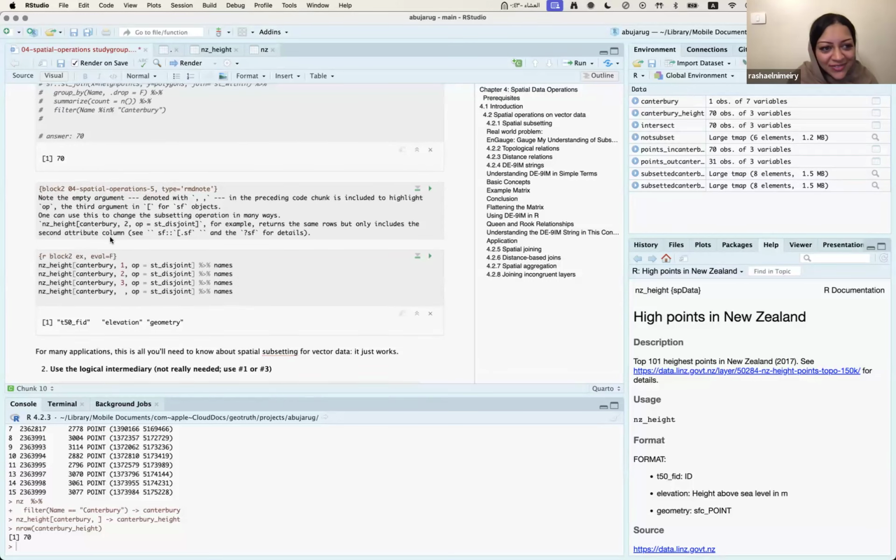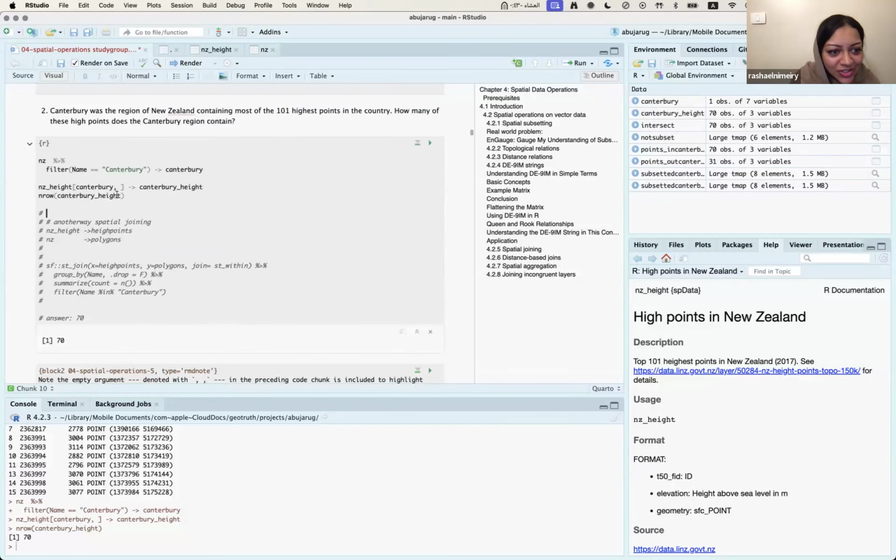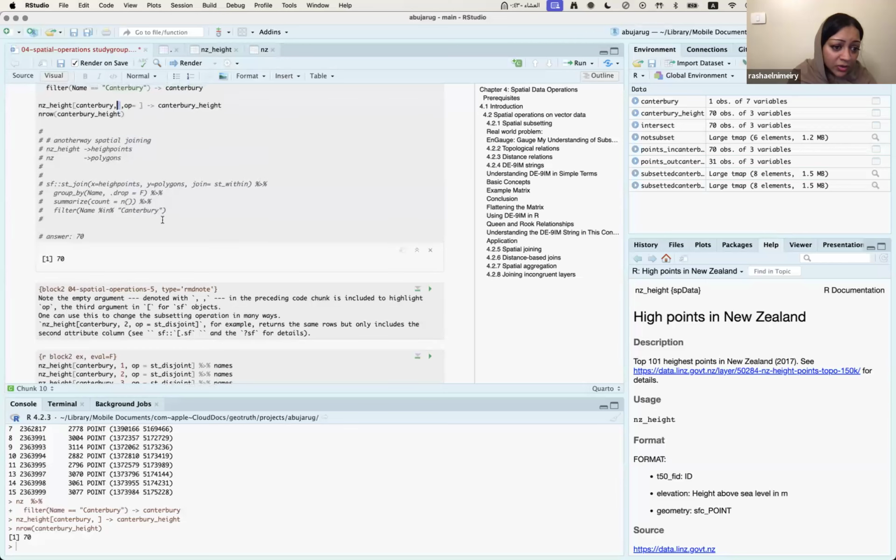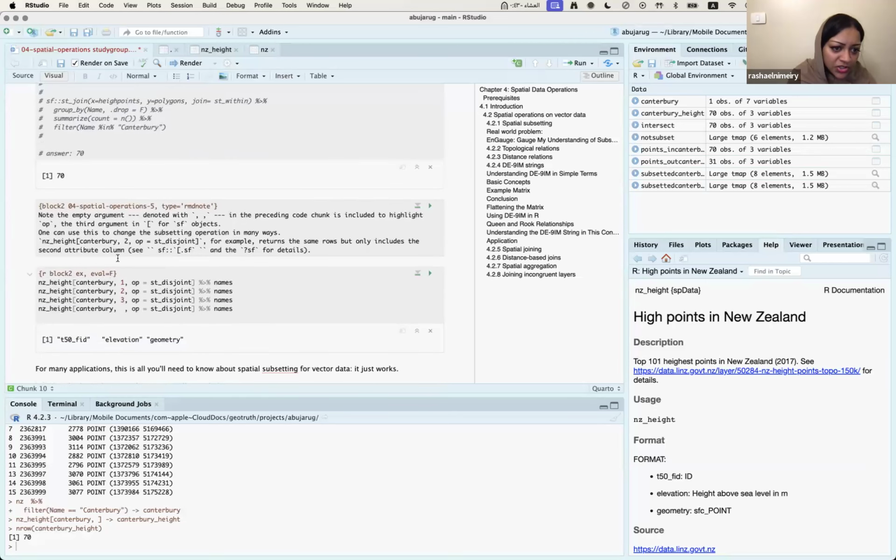So far, we've been using the function like this within the bracket. Either we leave it blank and maybe we specify the operator, etc. But why do we leave this like that? What's the purpose of leaving it open in that particular argument? So here, this is just showing in this block that when we leave this open,